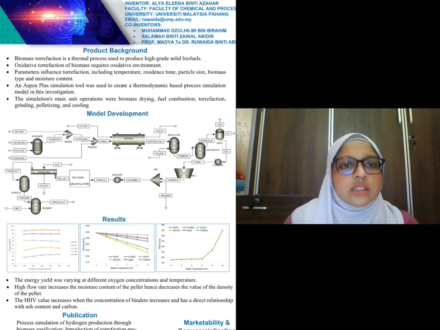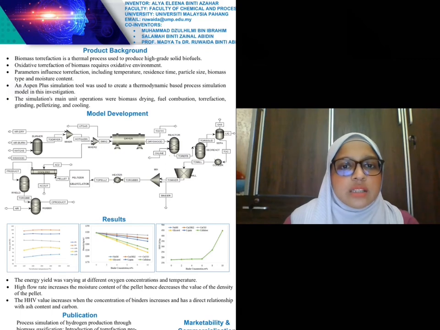The binders enter the simulation process at the binder stream input at the mixer block. The binder was mixed with a ratio of 1 water to 1 binder. The temperature for the heater was set at 80 degrees Celsius. Then, in order to produce pellets, the product produced will enter the granulator. After that, the pellet produced will enter the cooler exchanger. The function of cooler 2 was to cool down the pellet produced.